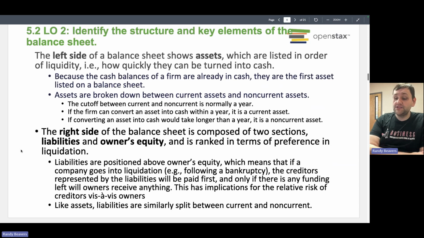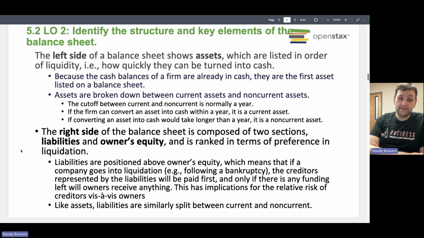The right side of the balance sheet is composed of two sections, liabilities and owner's equity, and is ranked in terms of preference and liquidation. Liabilities are going to be positioned over owner's equity. This just means that if a company goes into liquidation, in other words, they have to go to court for bankruptcy proceedings, the creditors represented by the liabilities will be paid first, and if there's any money left over,